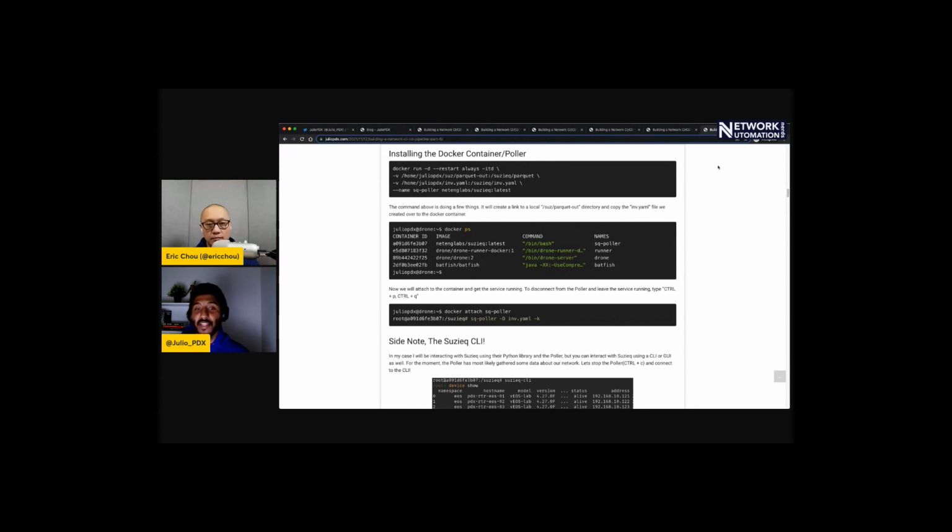And something that's really cool is even if you were doing your post checks and they're all green, they're all great, that's fine. Since the service is running, you can connect to the SuzyQ CLI, which is essentially just you connect into the Docker container and run SuzyQ CLI. Then you have access to all of the data it's just recently pulled, and you can very quickly start asking any question you want, like what are my devices, are they alive,